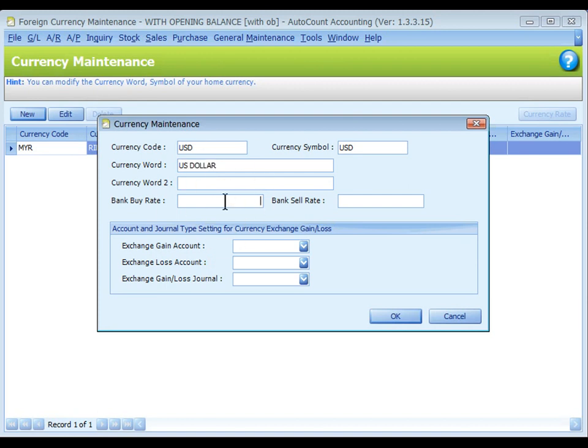Key in a bank buy rate. This is the default exchange rate when you are selling this currency USD to bank for home currency Malaysian ringgit. And a bank sell rate as the default exchange rate when you are buying this currency USD from bank with